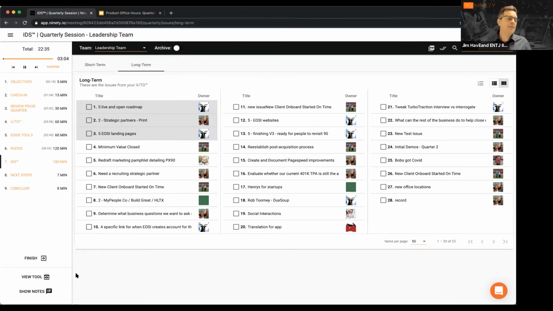But IDS is when you've already got everything figured out, and now you're most clear and most able to really solve problems because you know what you have to get done this quarter. So this order is important. This order works. I know some people try to move rocks and IDS to different places, but the fact of the matter is you want to make sure you've got really good solid rocks that have long-term impact. And sometimes you get a little bit in between, like, is this really an IDS or is it a rock? You can create more rocks out of IDS, but get a good rock set first.